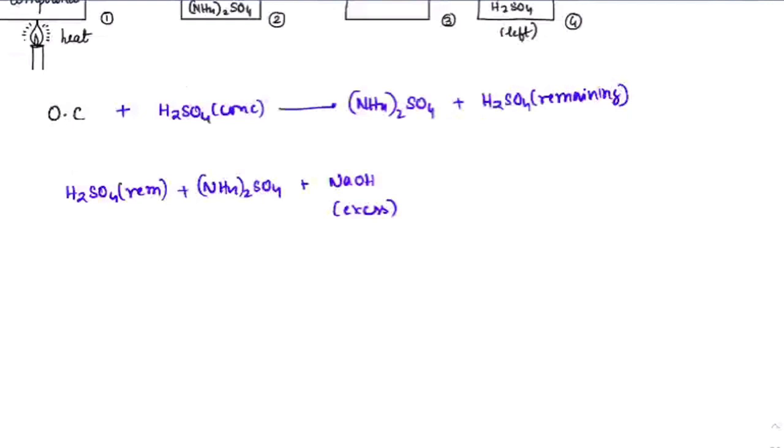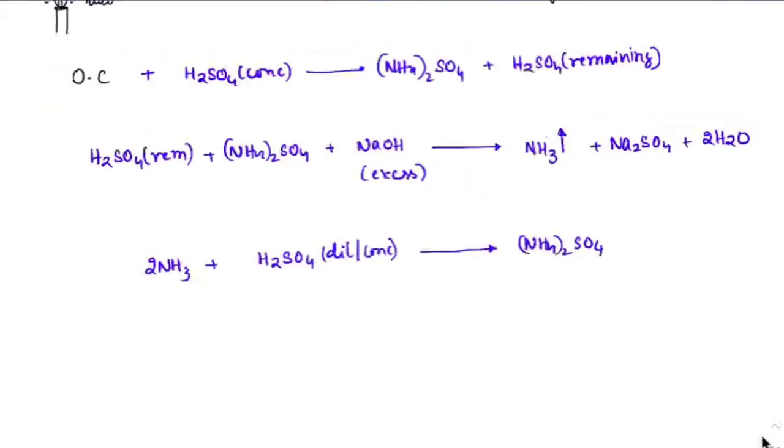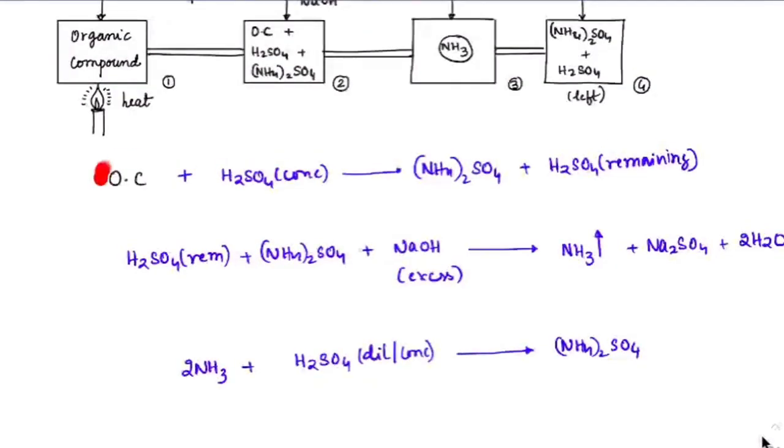On doing that, we will get ammonium sulfate. Check this. Originally we took the organic compound and treated it with concentrated H2SO4. We got ammonium sulfate and there is some H2SO4 remaining. To remove this H2SO4, I am adding an excess of NaOH. At the same time, the ammonium sulfate will also react with NaOH and form Na2SO4, and this will